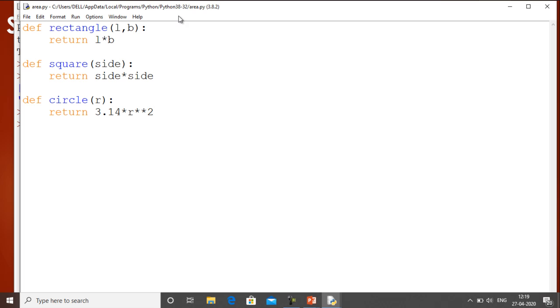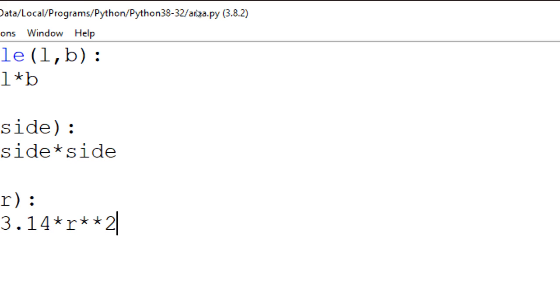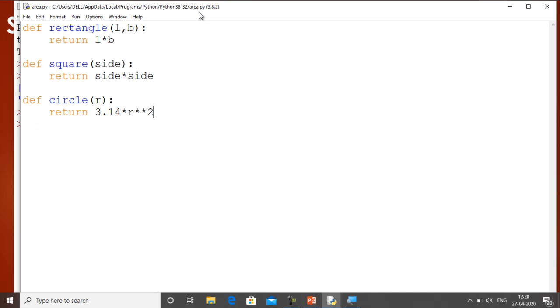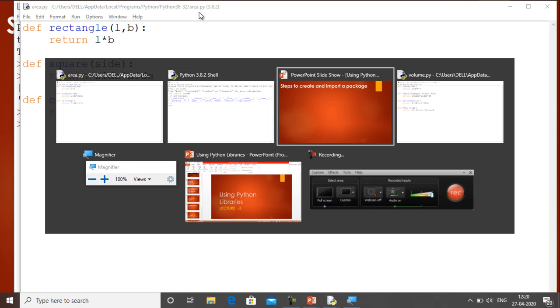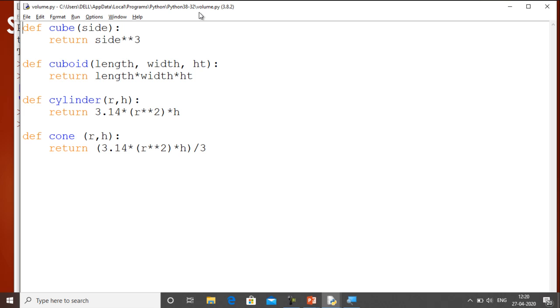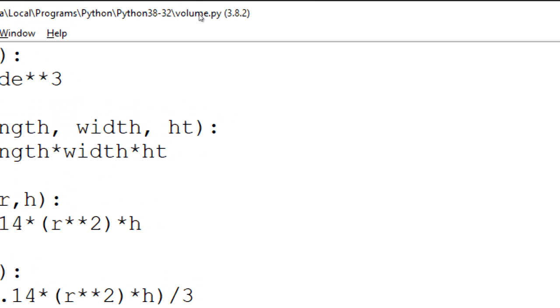You can see over here that it is written as area.py. So this module is named area.py, and we have another module, whose name is, you can see over here, volume.py. So we have two modules with us, area.py and volume.py.